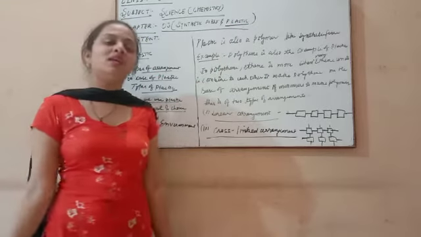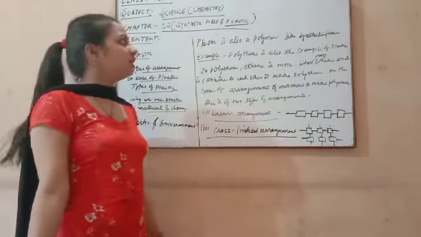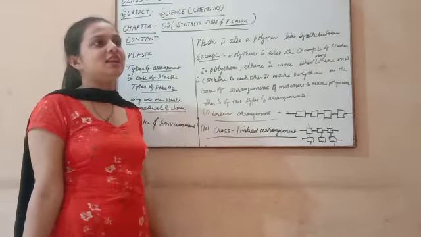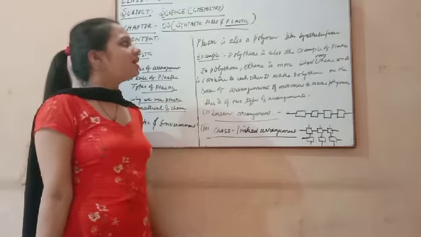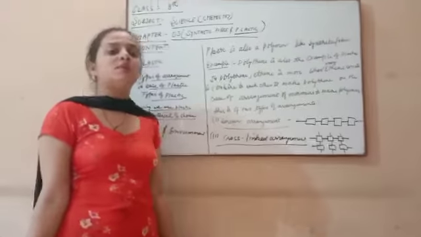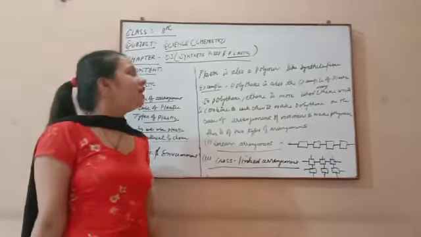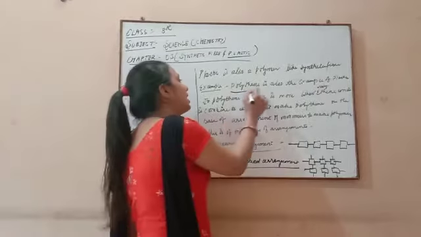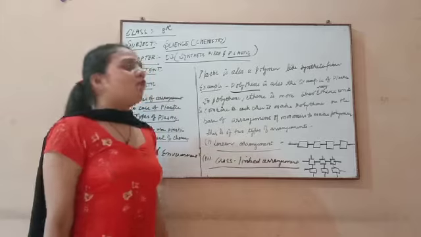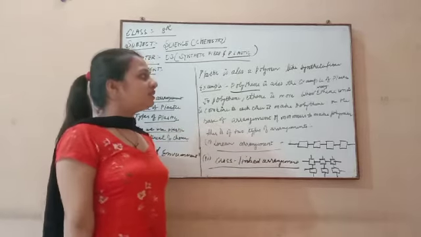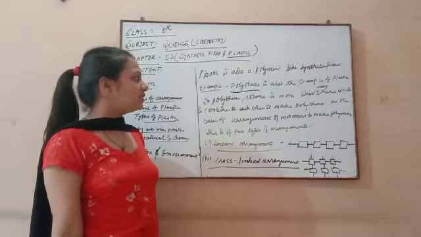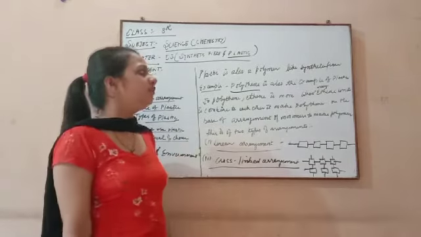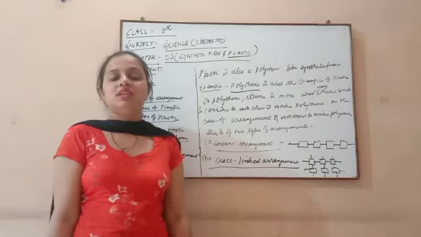You must know that there are many articles which we use in our daily life which are made from plastic. So plastic is also a polymer like synthetic fiber. Here I give the example of polythene. Polythene is also a type of plastic. In polythene, ethene is the monomer, so from the ethene monomer this polythene is made.